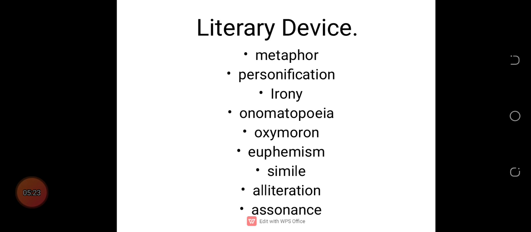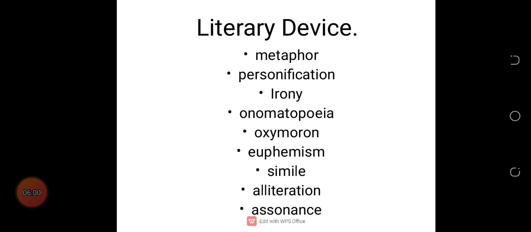Let me quickly take you through these. So metaphor is direct comparison of two things that are not similar. They are not the same, but these two things are being compared. Examples can be she's a cat, she's a pig, Mama is a sunrise. We have direct comparison. You realize that if you say someone is a cat, the person doesn't have the features of a cat, but it could be that the person has a character trait that looks like a cat. And so that comparison is a metaphor.